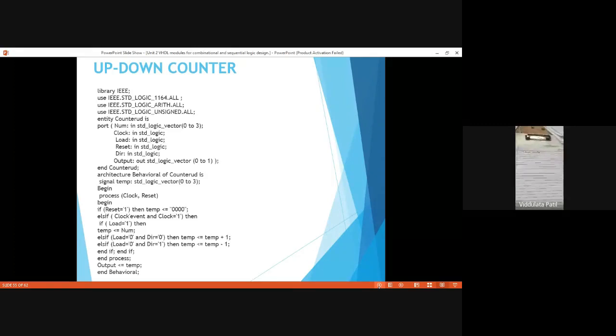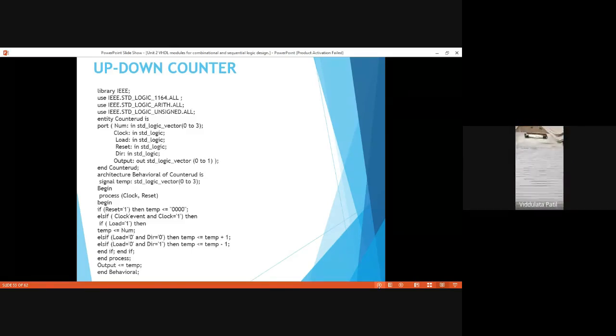Suppose we are using one input, load, and if we make it equal to 1, then that counter will be an up counter. If that input is equal to 0, then the counter will work as a down counter, or vice versa. So that we are going to do in this counter. Here we have the code for that counter.